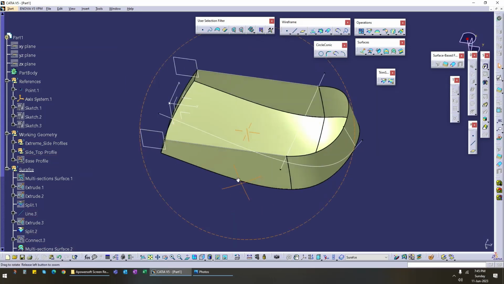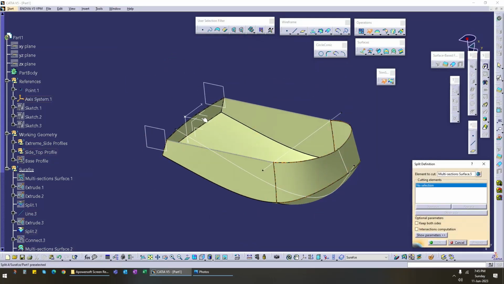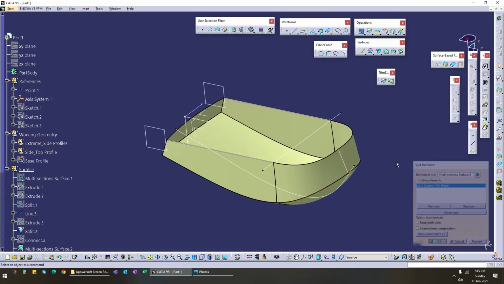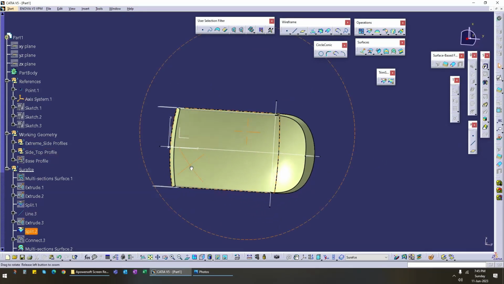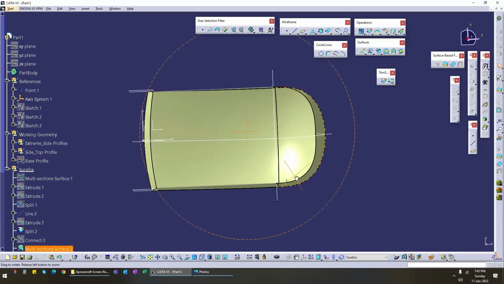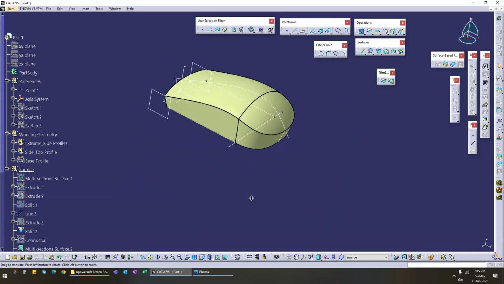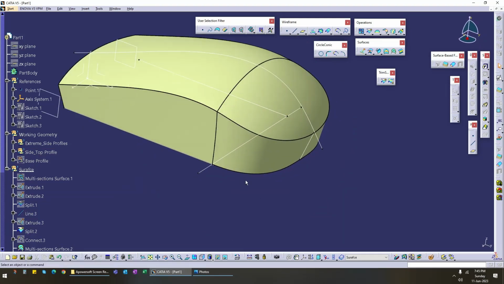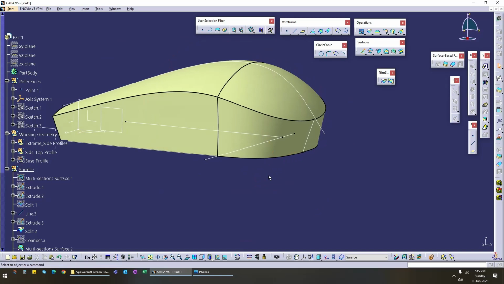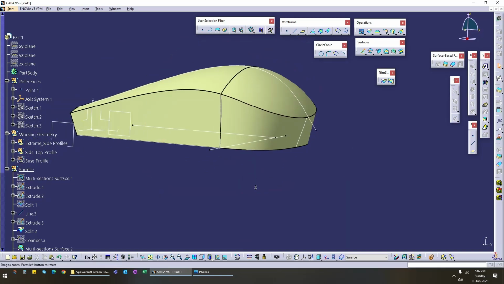This curvature is not fine. Let's try splitting the base. Let's try splitting it with the surface and we see if we get a better result. I don't like it because it looks like a squarish profile and I want it to be a little more smooth. So let's see how we can do it. So I remember that I gave an angle of 20 degrees to this edge and